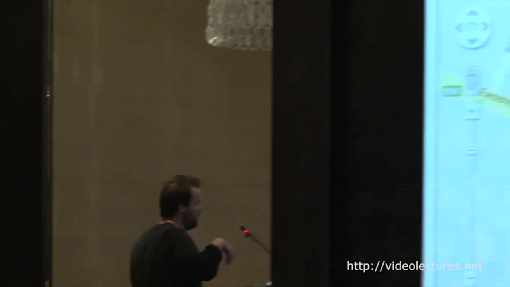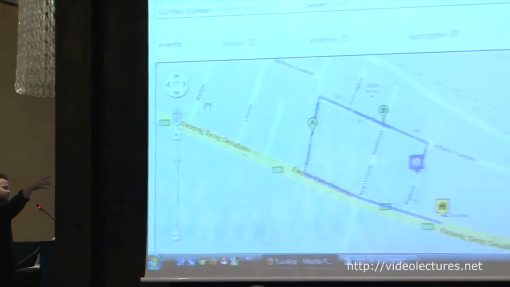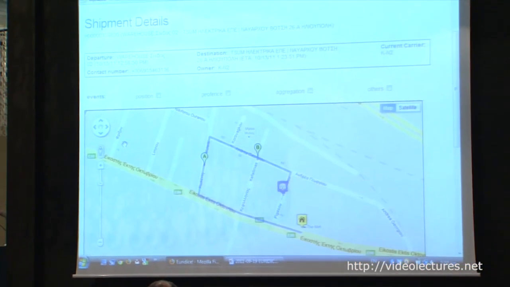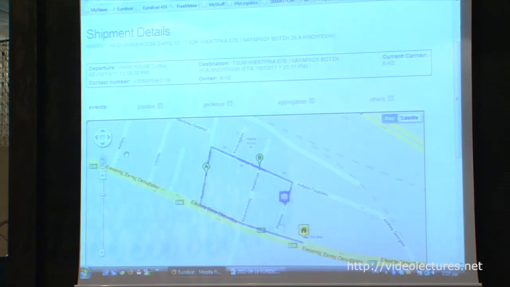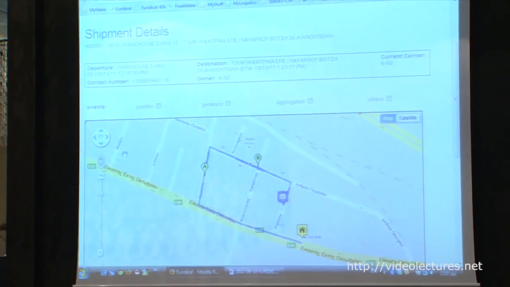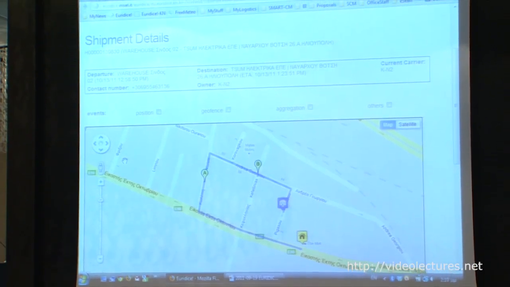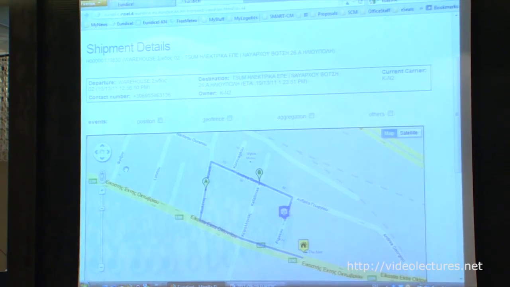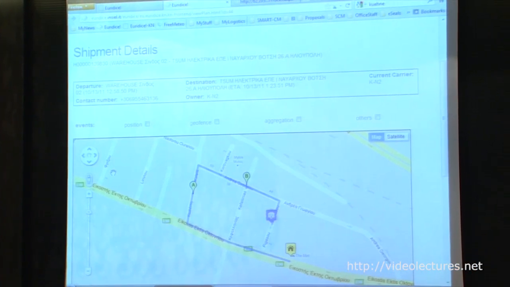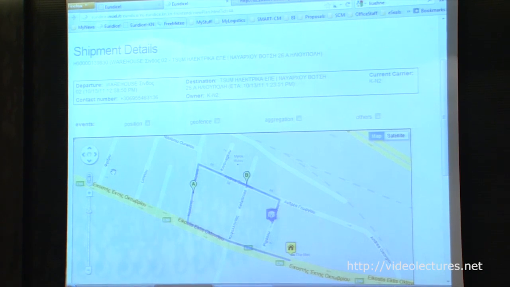So basically along the way, when we go outside, we will see some events coming, basically position and shock events, which are the ones that we carry in this particular case. So the truck is going to move around the different streets, and it's going to stop in the waypoints that have been defined by the ERP or whatever, and it's going to do the unloading in the hub, like Jorgo